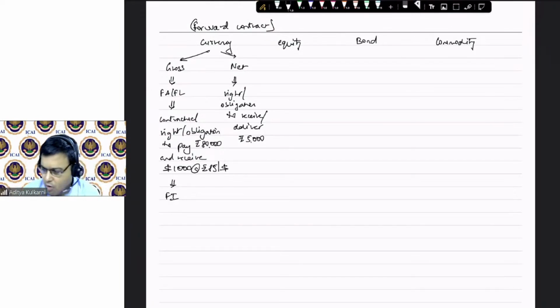Yes. So now I want you to tell me, is this meeting the definition of financial asset as well as a financial liability in the opposite parties' books? Tell me, is it meeting the definition of financial asset or liability for the parties in the different books? Yes or no?